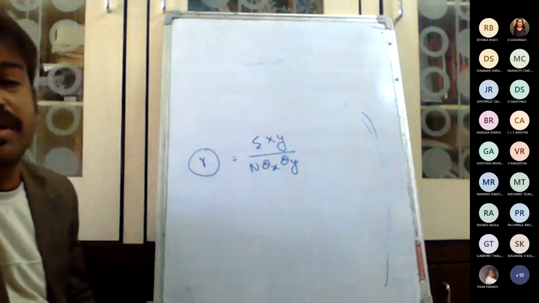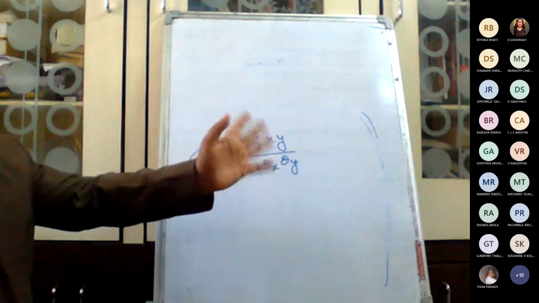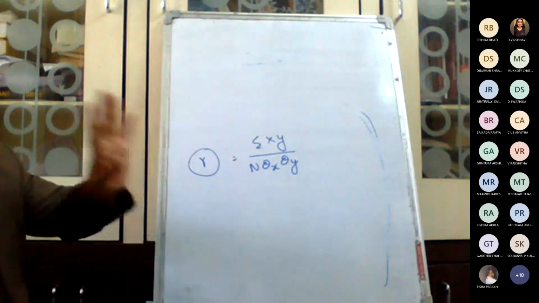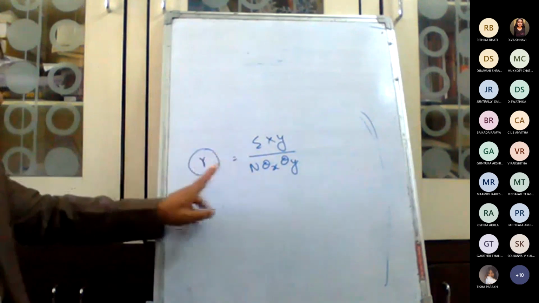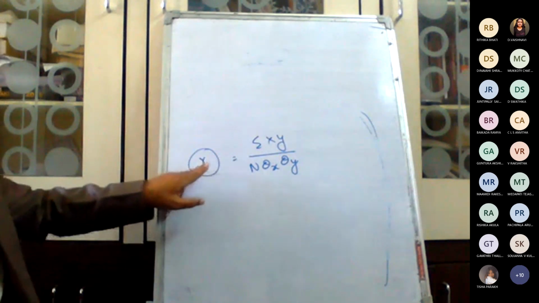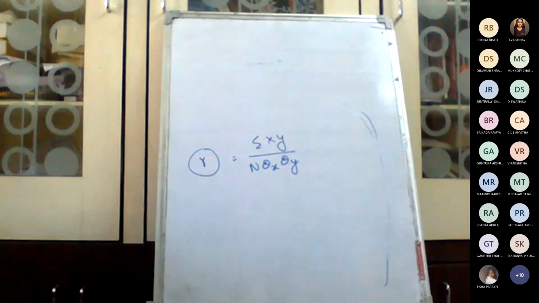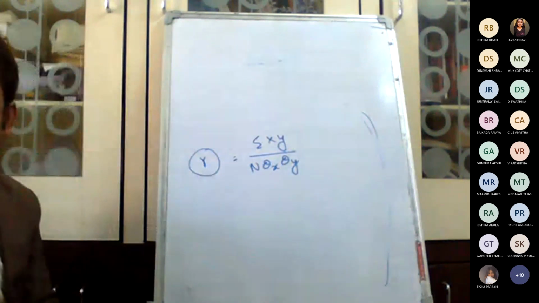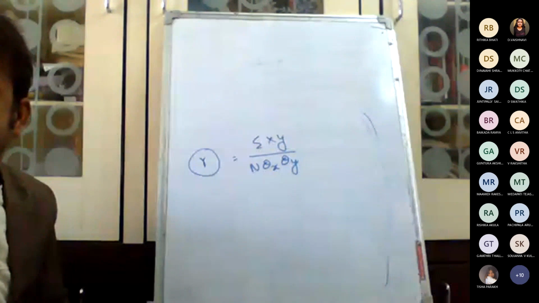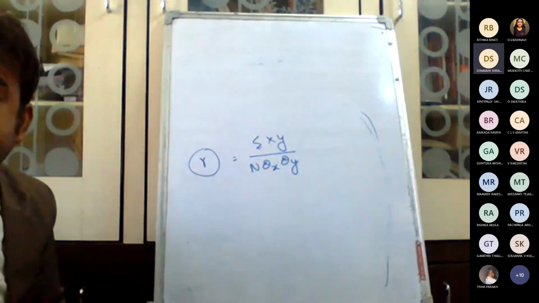How many variables did I tell you? Only two variables. If more variables are there, that becomes the next method, rank correlation. I will discuss it, don't confuse now. So only a two-variable relationship will be known with the help of Karl Pearson. This is R: correlation is equal to sigma xy divided by n into standard deviation of x and standard deviation of y. This is the Karl Pearson method.